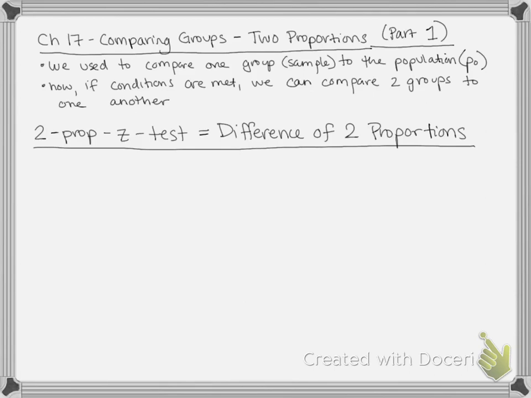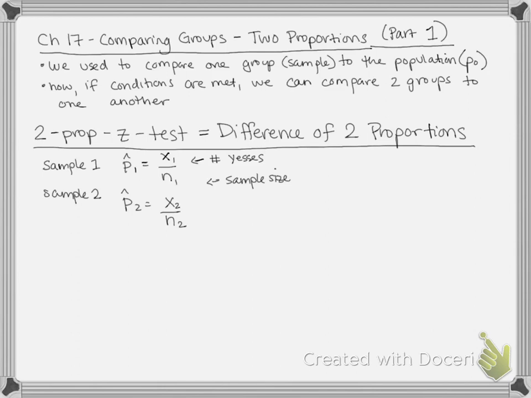So let's remind ourselves that we'd have sample 1 and sample 2, right? So we would have a proportion from the first sample, which would be like the number of people who said yes, so like number of yeses over sample size. And then I'm going to repeat this for the second sample, except I'm not going to label these two, but this will be the number of yeses in group 2, and then sample size for group 2. So this would be group 1, just so we're clear, and this is all from group 2. So just like in previous examples with proportions, we are either provided with n and p, so we can find an x, or we are given the number of people who said yes over the total number of people